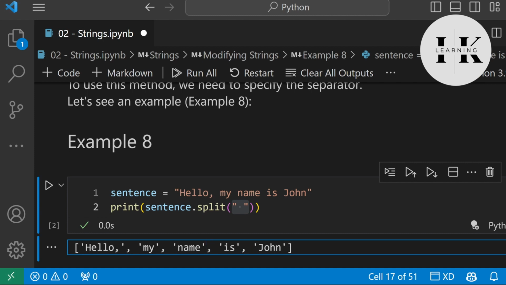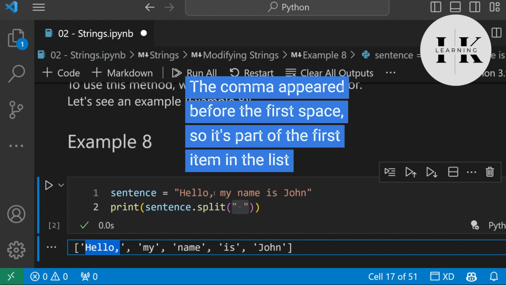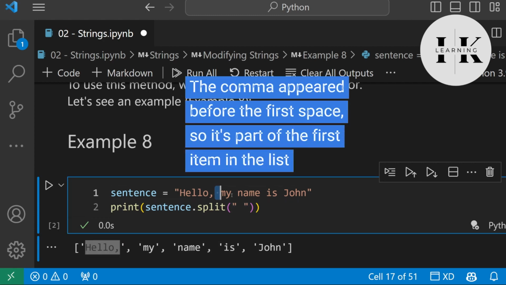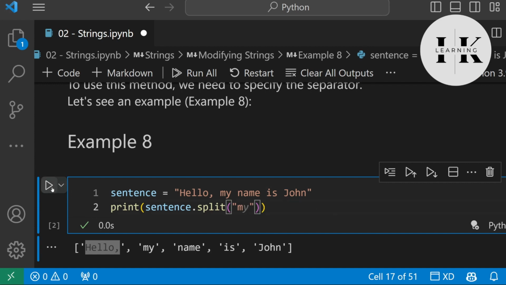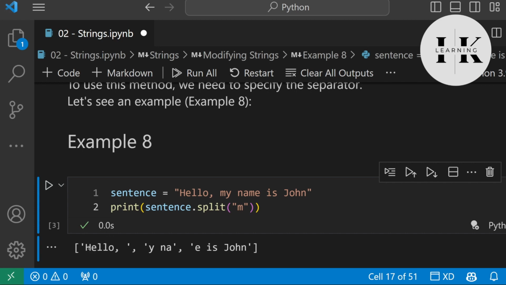Now these strings are hello, my name is John, but if you take a look, hello also has a comma with it, and that's because we separated based on spaces. So the first break is over here, the second one is here, then here, and on we go. If, for example, we wanted to change our separator to be the letter M and we ran it, what we would get is hello, followed by a space, and then we have the M over here.